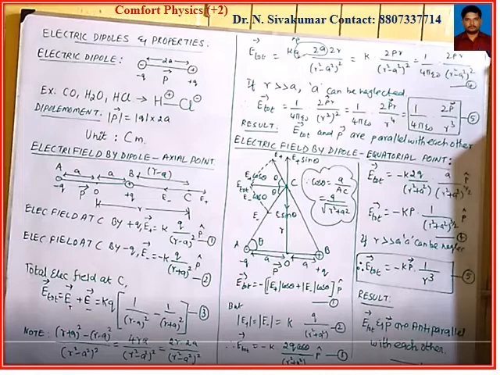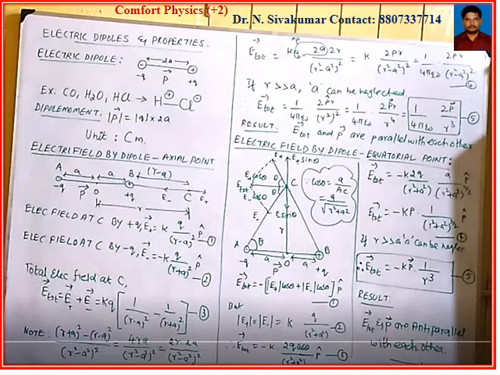The electric field at point C due to the positive charge is E plus, which is equal to K Q divided by (r minus a) whole square. How is it, sir? From the positive charge to point C the distance is r minus a. From the negative charge to point C the distance is r plus a. Therefore, for the positive charge, K Q divided by (r minus a) whole square. For the negative charge, minus K Q divided by (r plus a) whole square, into p cap. The p cap represents the dipole moment direction, as a unit vector.